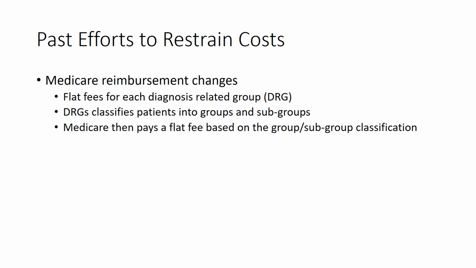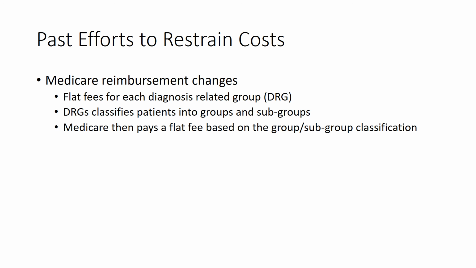There's also something else worth discussing in terms of restraining costs, and that's how things are being paid. So in the past, I've mentioned that it's mostly been fee-for-service. A doctor treats you, runs a scan, does a blood panel, does a physical examination, and he'll charge a rate for each one of those services. Medicare in particular is moving away from that fee-for-service type of system, and they're moving to a flat fee for what's known as a diagnosis-related group, or DRG.